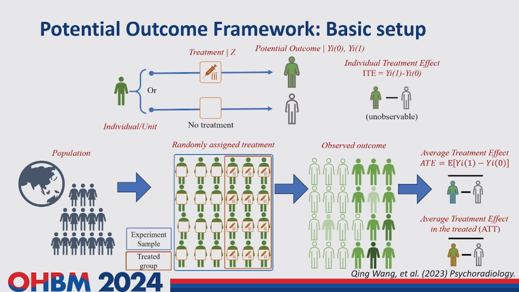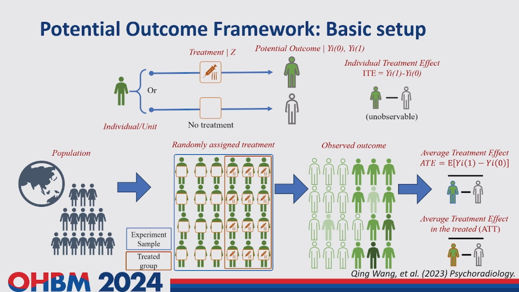Okay, so you have your individual or unit, which is the unit of the experiment. You have a treatment here. You're gonna give or not give the treatment to your subject. Then here is important. In the potential outcome framework, for each subject you're gonna have two potential outcomes. One is this guy takes the treatment. The other is this guy doesn't take the treatment. So the causal effect here is not the difference between two groups. It's a difference within the single subject: the difference between the outcome when this guy takes the treatment and when he doesn't take the treatment. This is the causal effect. This is called the individual treatment effect. I'm gonna give more